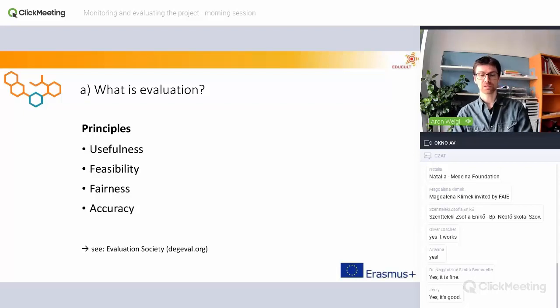So that means that it always has to be a respectful interaction with all parties involved. And the fourth principle is accuracy. So that means that the evaluation shall produce and communicate valid information and results on the evaluation object and the